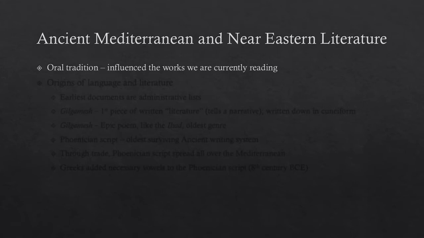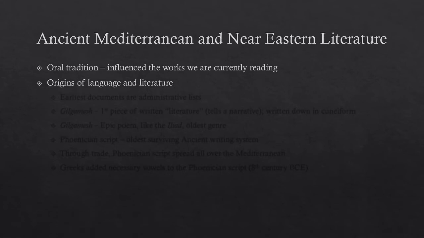Most cultures that are really old, that go back a long time, have an oral tradition. We don't have that here in the United States because we're only a couple hundred years old, and we became a country at the time the novel was being invented. But if you go back to cultures like the Native American culture, which has a much longer history, they have an oral tradition, just as the Greeks and the Romans and the other cultures we're studying in this class do. So it's important when we read things like the Iliad and the Odyssey to know they came from this oral tradition, and that informs some of the structure of the poetic work.